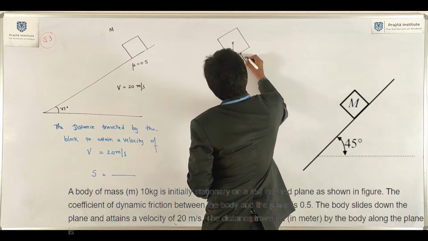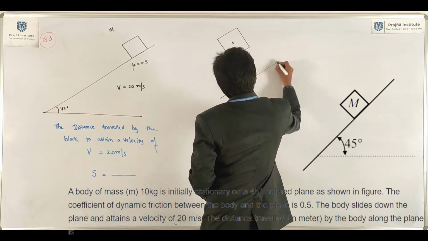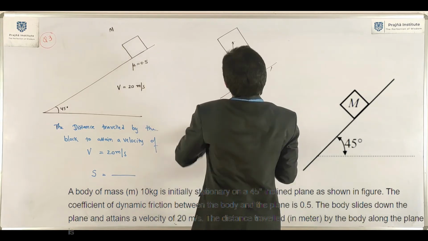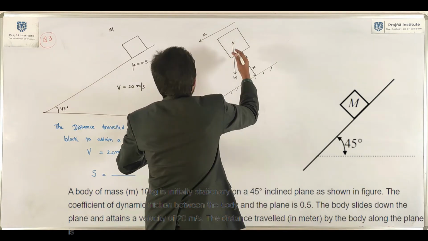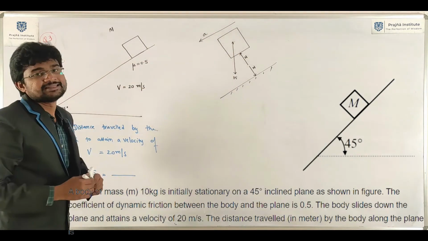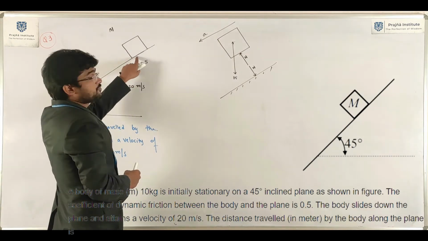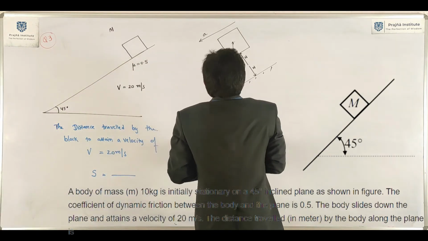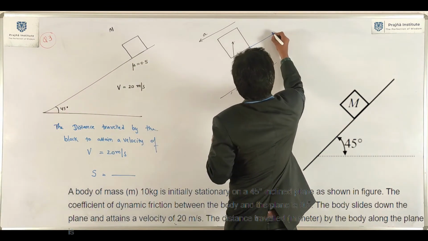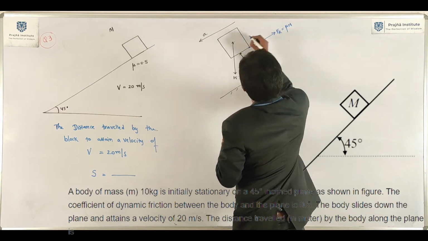Two normal reactions will be acting, both equal in magnitude, unlike in nature. The block is coming down, so the acceleration of the block is in the downward direction. At the contact surface, it is a rough inclined surface, which means frictional resistance always acts opposite to the direction of motion, mu into N.